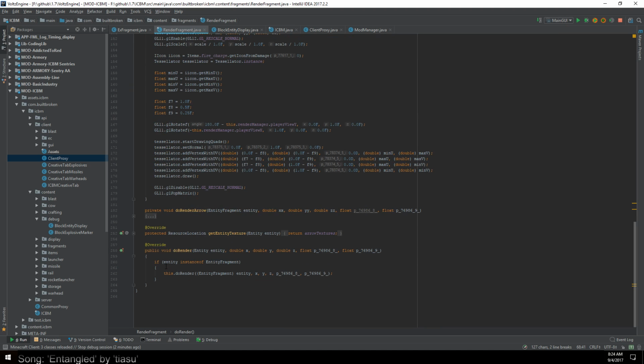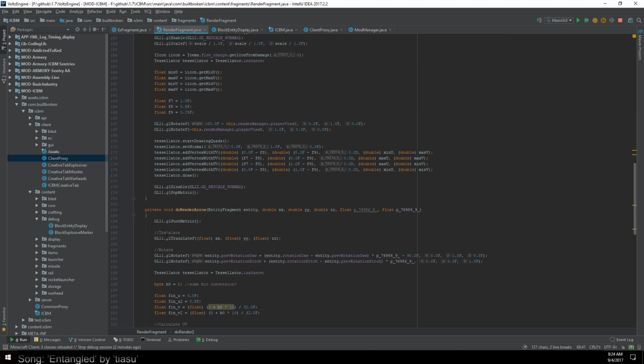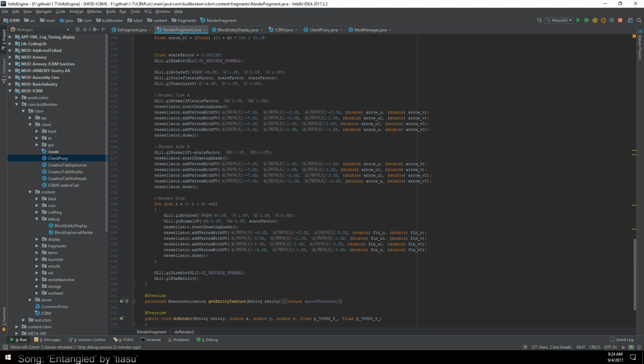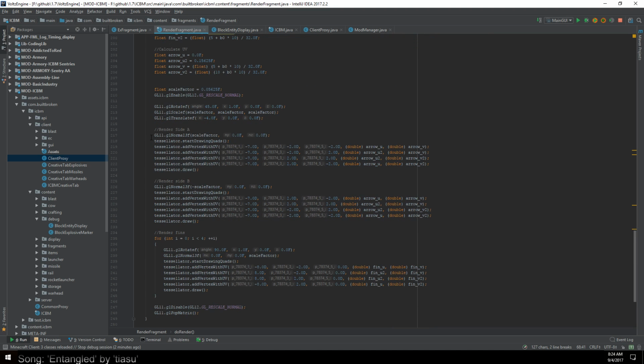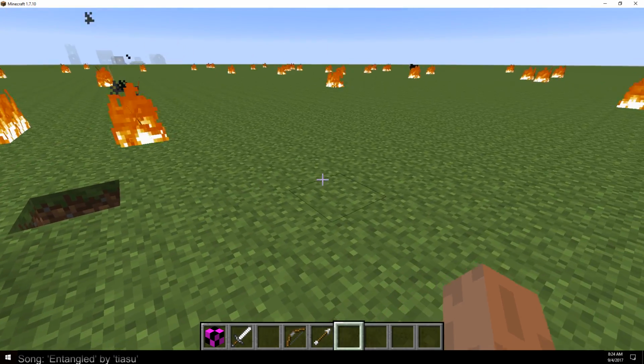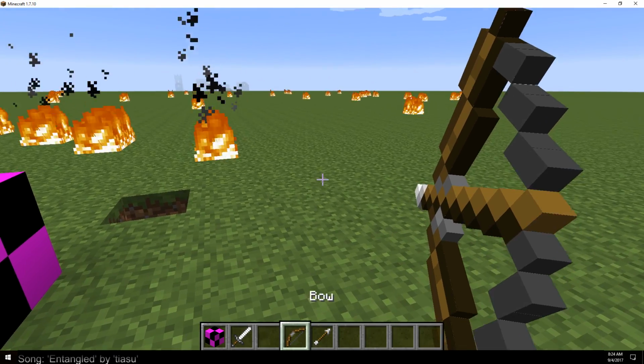So I need to find... Okay, so we actually do have an arrow render, and I've documented this really well. I reverse engineered how the arrow renders. It's really basic. You render two sides of the shaft via basically quads, and then you render another 4 quads for the fence. So if we go look at the arrow which I shot, which has disappeared already,